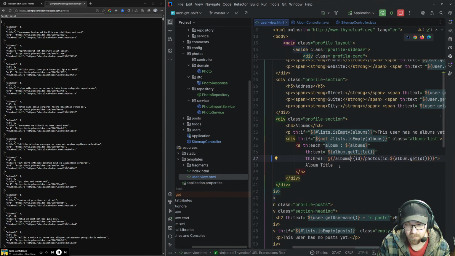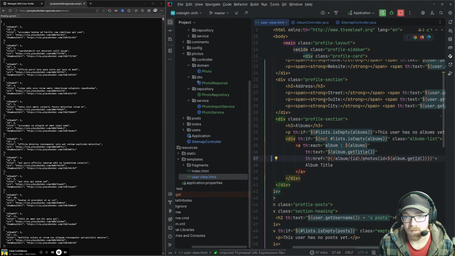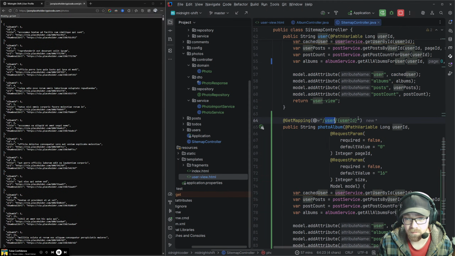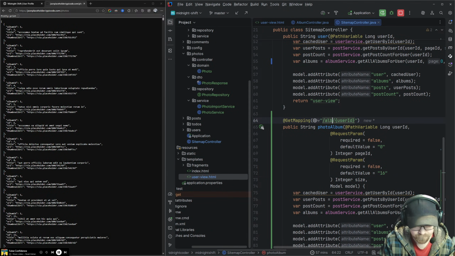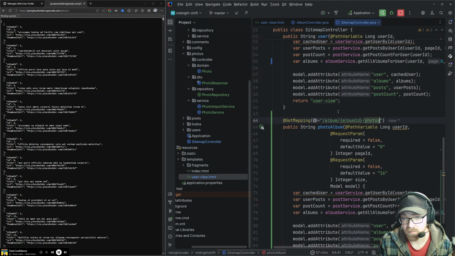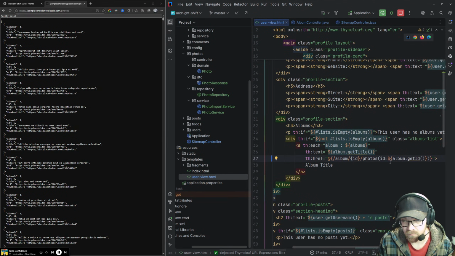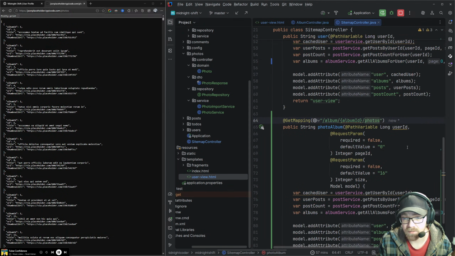These are going to albums. Yes, this is going to album ID photo. That's what it is. Okay. So sitemap, this is going to be album, this is going to be album ID photos. Okay, perfect. So that's going to come back to here.